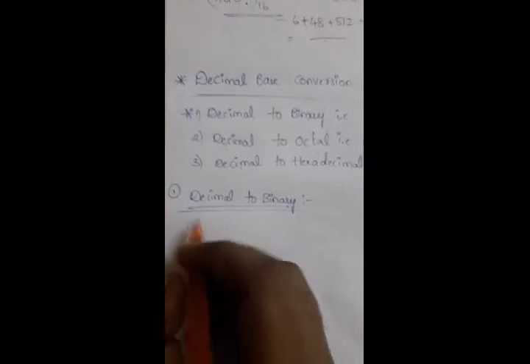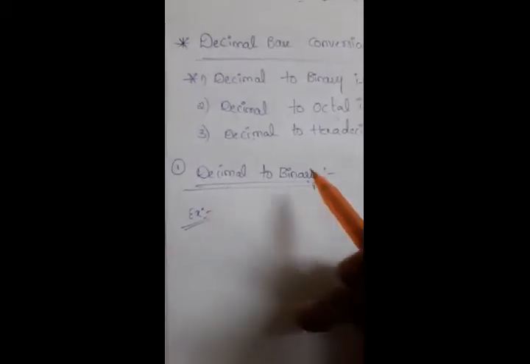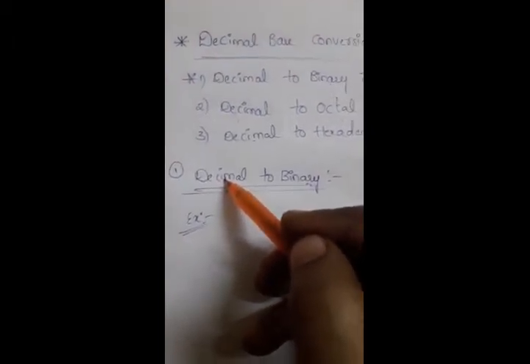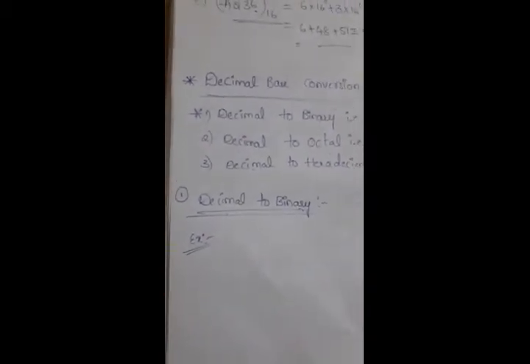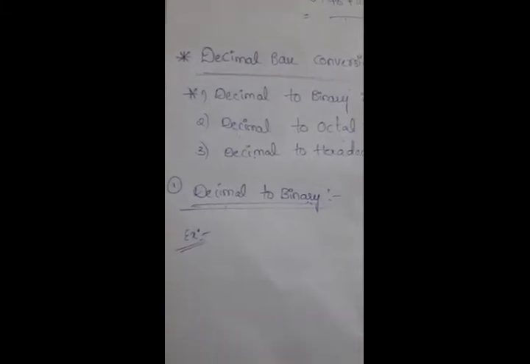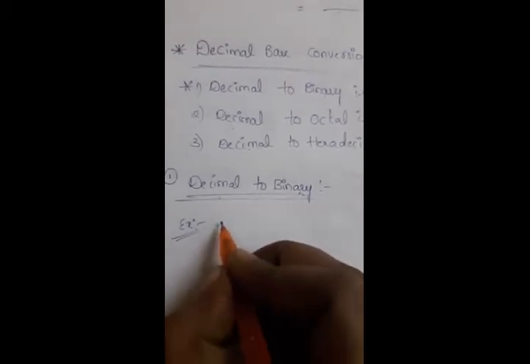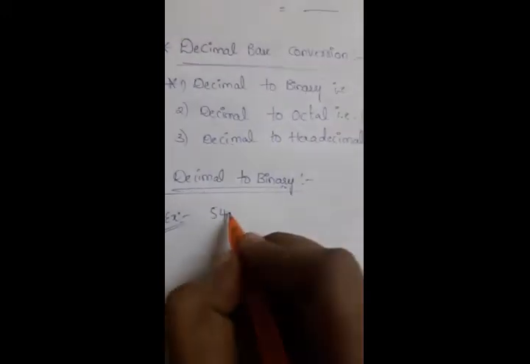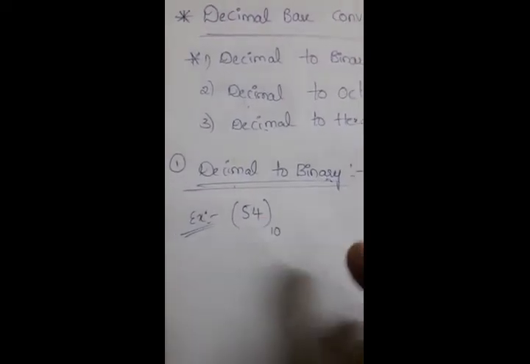Okay, so I am taking one example here to convert decimal to binary. Decimal numbers are the numbers we normally write, and binary is representing the number in zeros and ones. Everyone already knows how to write decimal numbers, whatever natural numbers we have, we call them decimal numbers. So in decimal I am taking one example, that is 54. Decimal is nothing but natural numbers, right? So that's why I am taking one number here, that is 54.